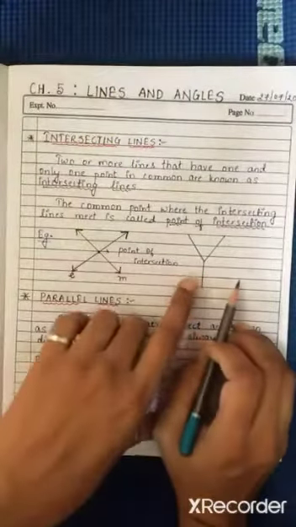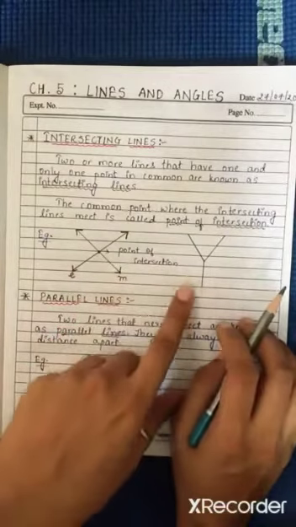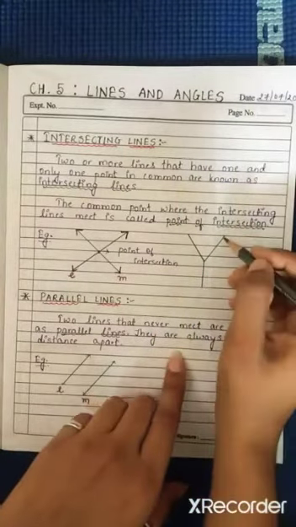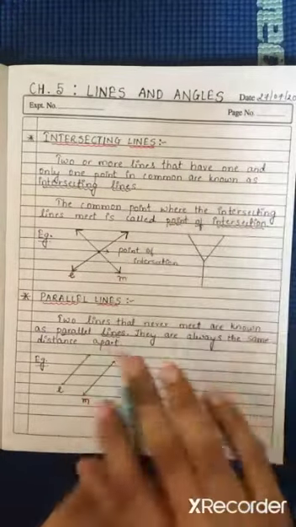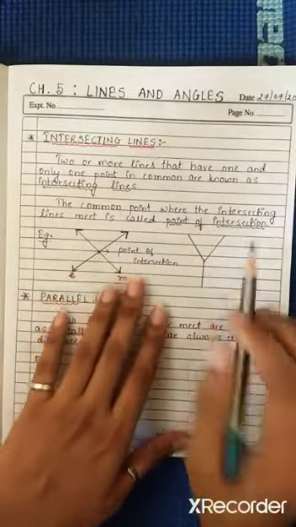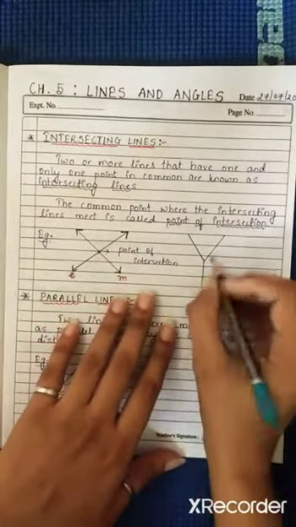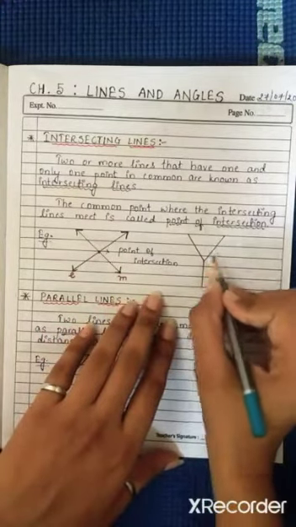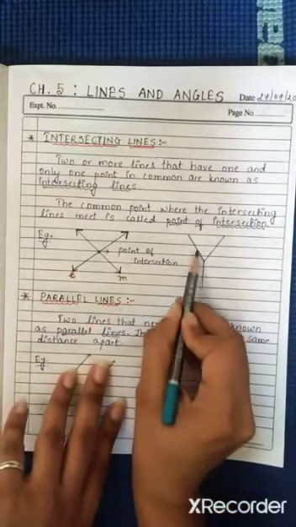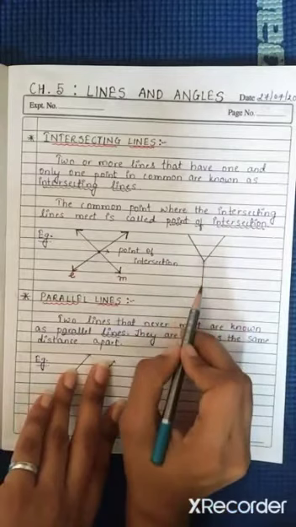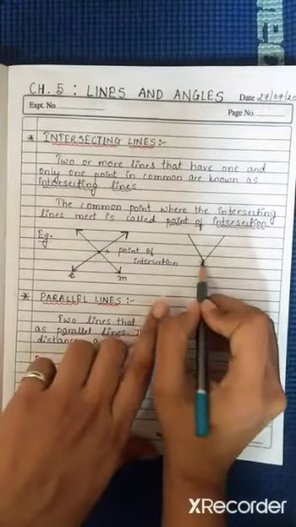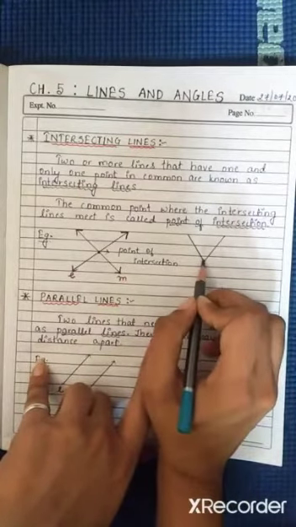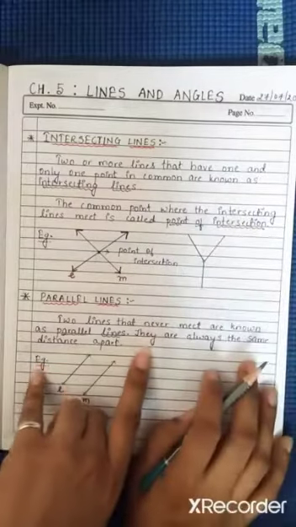Also, I have taken here the symbol Y, which is actually the alphabet Y. We can see that there are three line segments, or it can be taken as lines also. If I extend this further, then this will become a line, but here I have taken line segments. So these three line segments meet at this one point. From this point we have this line coming out, from this point we have this line coming out, and again from the same point we have this line coming out. So this point acts as a common point for all these three line segments. So this point is known as the point of intersection, and such lines are known as intersecting lines.